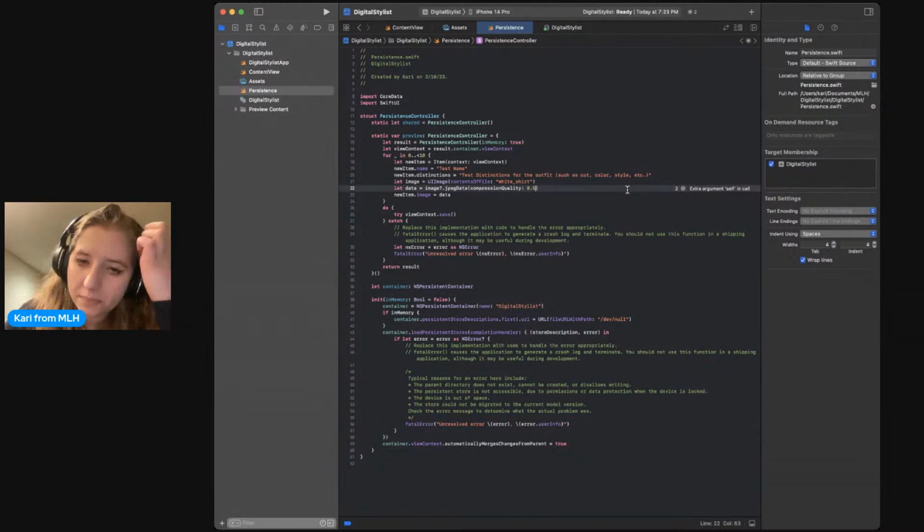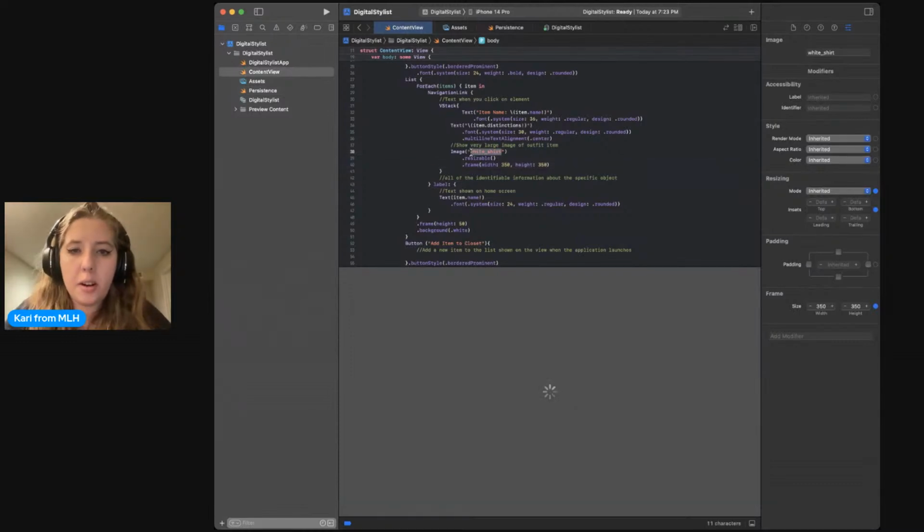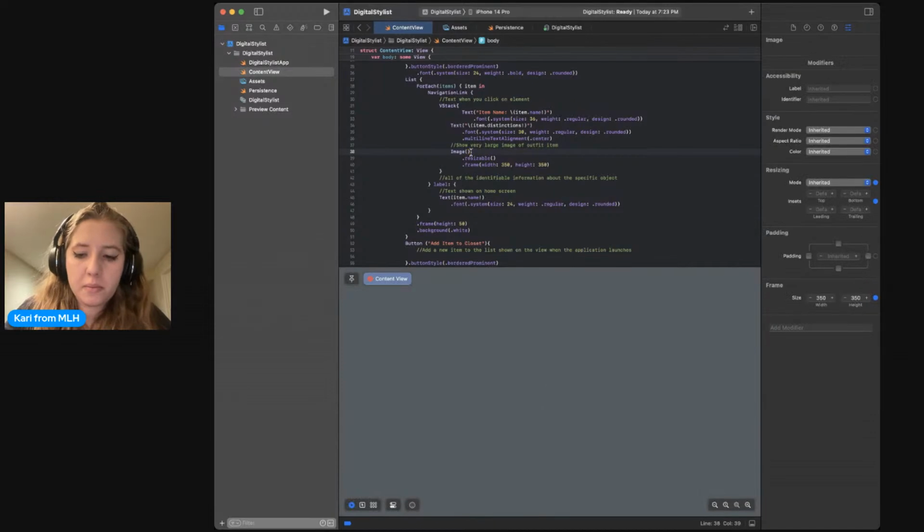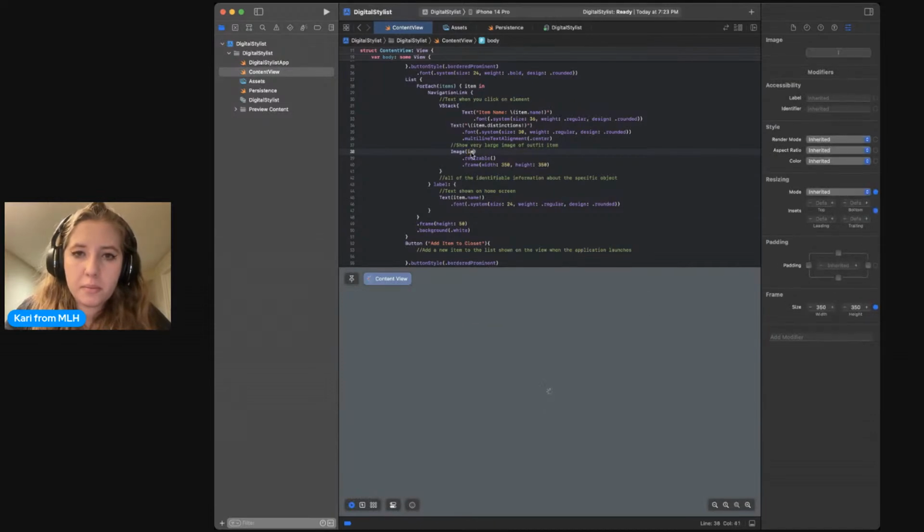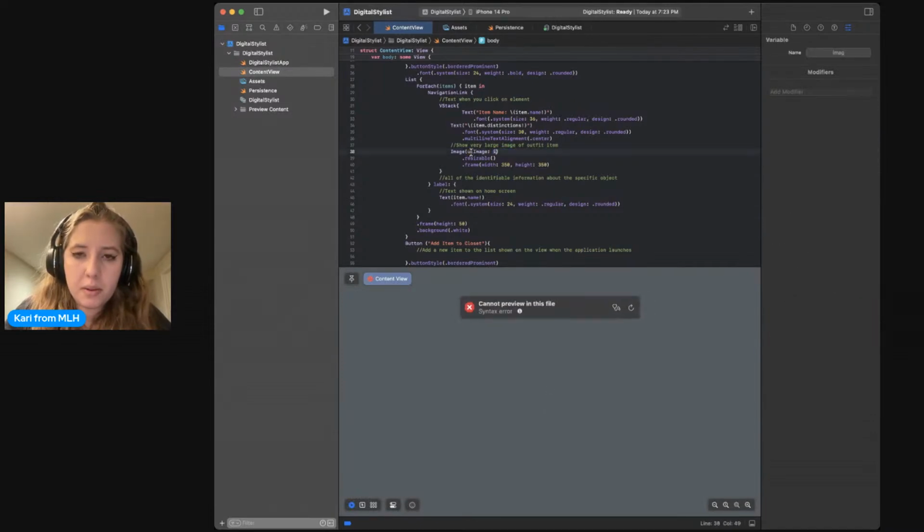Let's try that. Now, if we swap this out from white shirt to image, UI image,